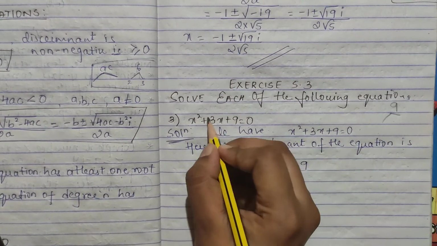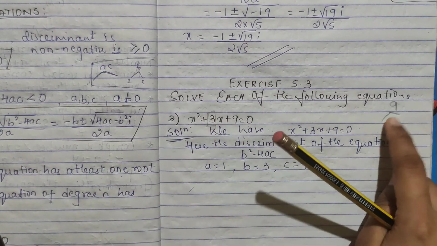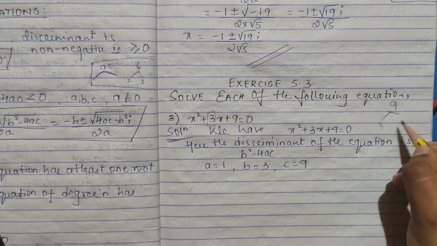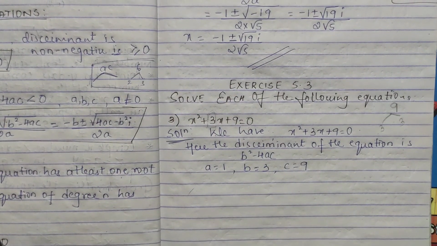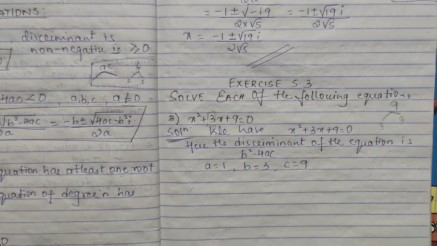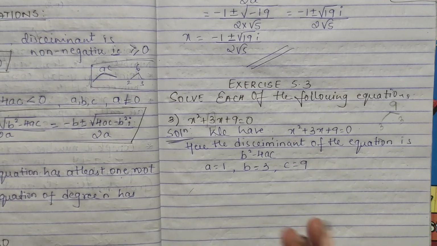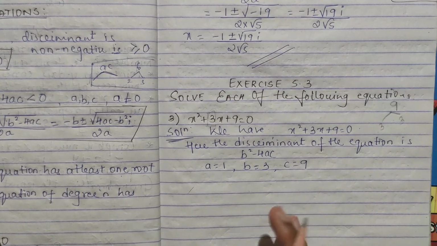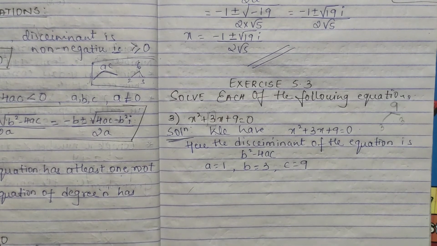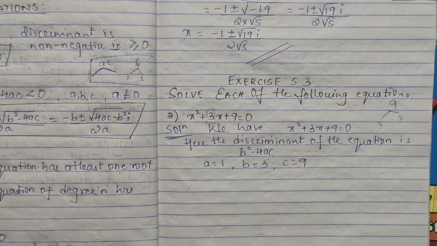You have to see the middle number also. The middle number is 3. So you should get factors such that if you add, you get 3, and if you multiply, you get 9. 3 into 3 is 9, but you don't get the middle number 3, right? So at that moment, you will go to the formula. Understood why these formulas have come out? You have studied this in your SSLC, where factorization doesn't apply, you come to the formula, right? But right now we are doing complex numbers, so we have to apply the formula.